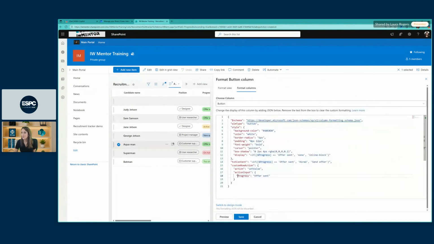You would have, so for the custom row action, when it says action input, progress, offer sent. So this is just telling it a specific verbiage to set it to when I click the button. But here is where I can say if equals if, and then I would put the name of whatever column I want to refer to, progress. And it even kind of prompts me here. I love that. It's just helping me write this. If progress equals, and then active is another one that I have.